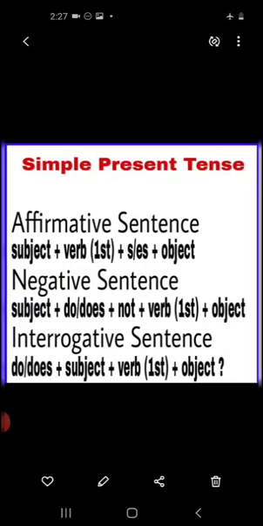All right, now if you want to make the sentence interrogative in simple present tense, then what do you have to do? Simply you have to write do or does before the subject and then the first form of the verb. All right, as I told you, we use do with the plural and does with the singular. Have a look at these examples so the things will be more clear to you.